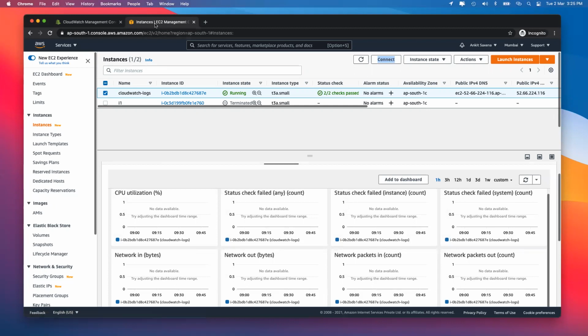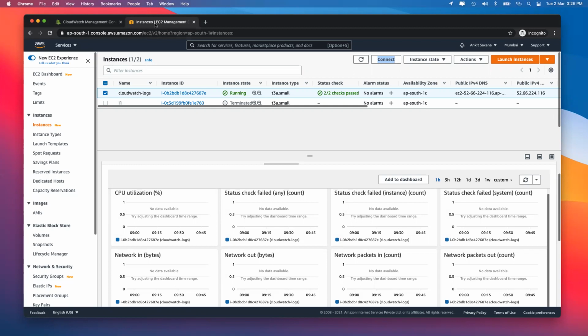In the meantime, we will also talk about alarms, and we will also talk about logs. So first of all, what is an alarm? As the name itself suggests, an alarm is a trigger that is created for some scenario that has occurred.